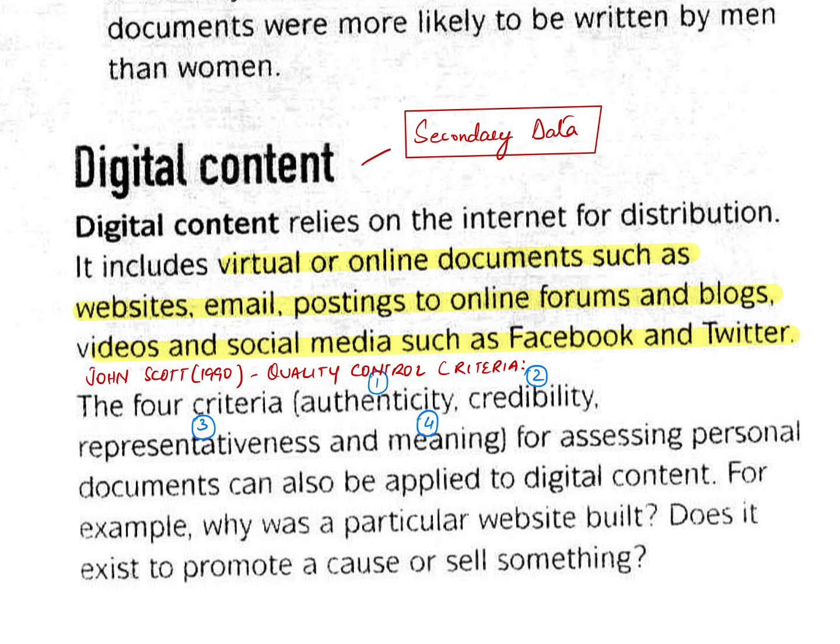When we use the word digital content, I'm assuming everyone has an idea about what digital content is, from photographs to videos to any blog, any website, any email, any social media website. If content is picked up from the sources I just mentioned and later used by a sociologist, it wouldn't be wrong to refer to them as an example of digital content and further as an example of secondary data. Taking it a step further, having a look at what the book has to say over here,